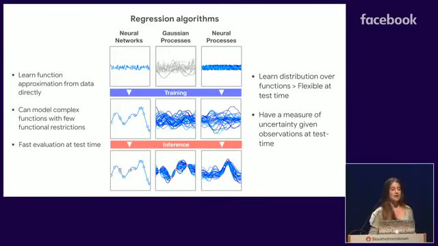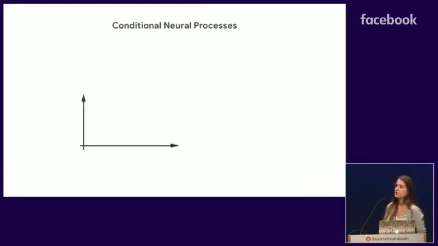During training, our model is going to be exposed to a distribution over functions, not just a single one, and it's going to learn some implicit prior over what our data distribution looks like. At inference time, we're going to give our model certain observation points, and it has to narrow down its belief over what the underlying function is. And this is also going to be very fast because it's a neural network, so it's only going to be a forward pass.